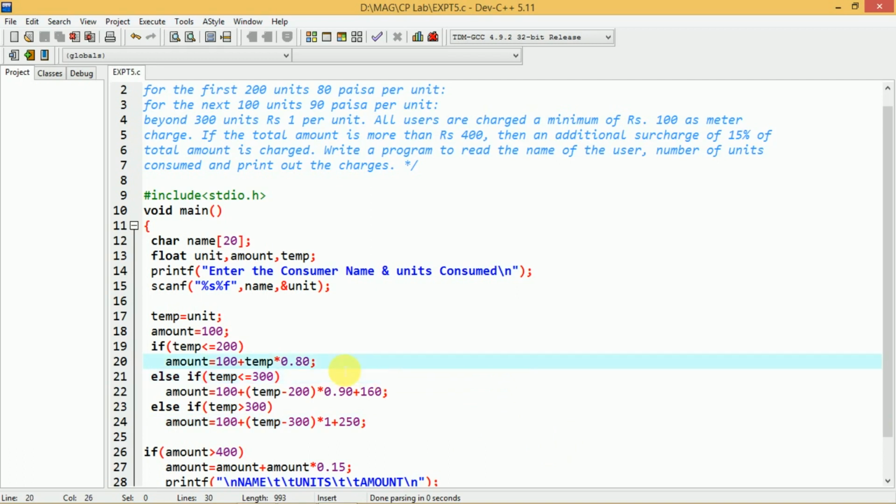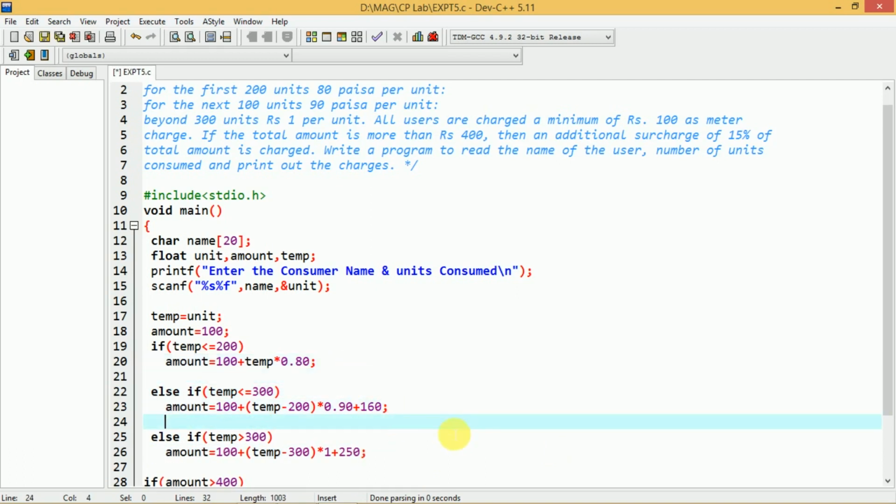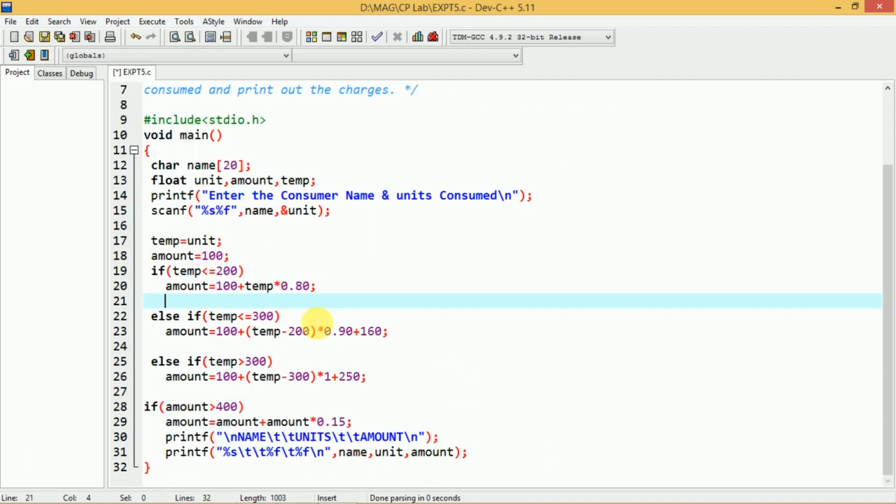If you are getting confused, we'll leave the lines here. This one I already told you. We had kept the 100 in amount, so I had written amount plus temp. Instead of writing the variable name, I will directly write the value itself. So amount equal to 100 plus temp into 0.80. In the second case, that is if temp is less than or equal to 300, amount equal to this 100 fixed charge, plus